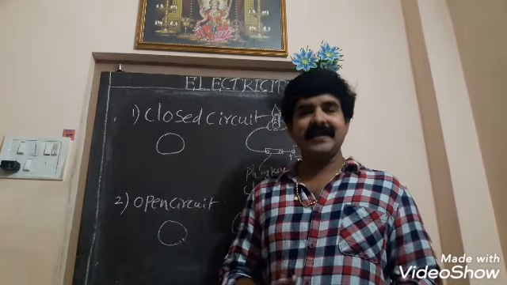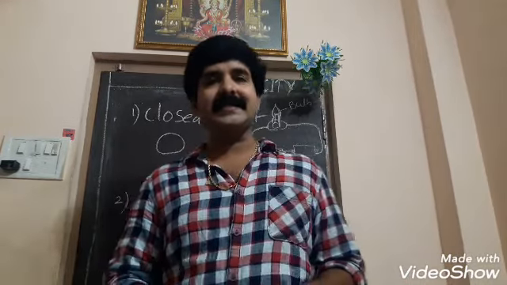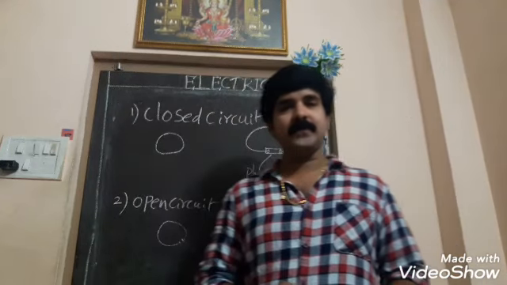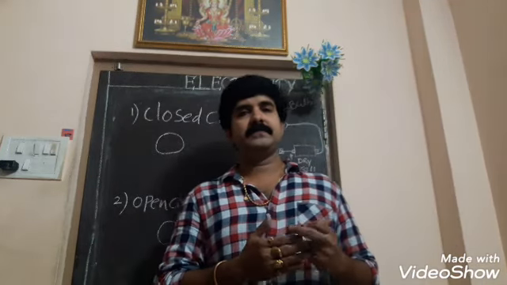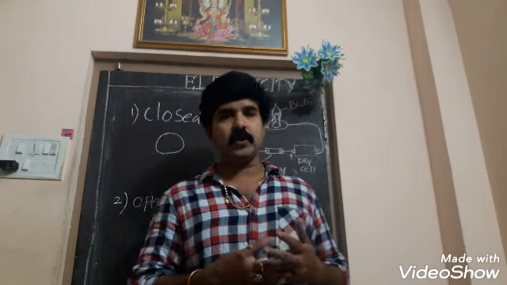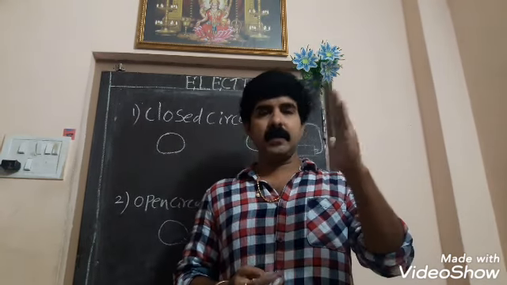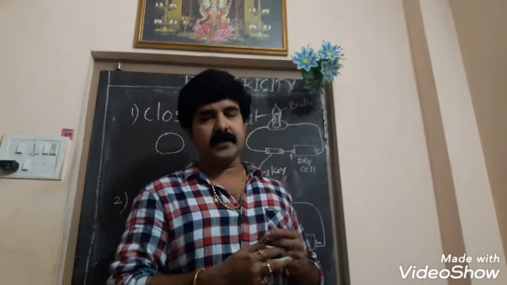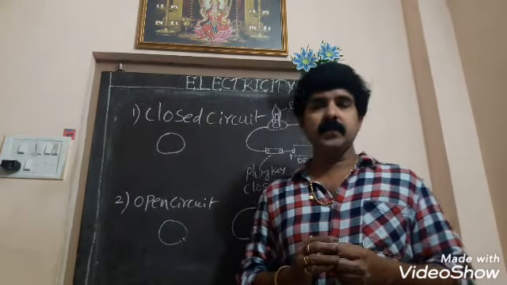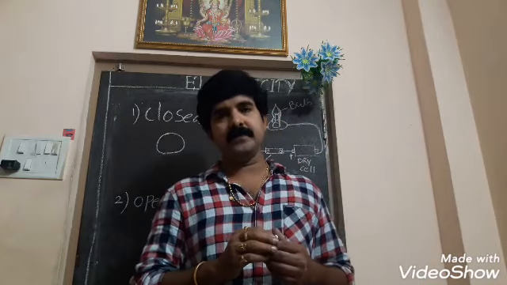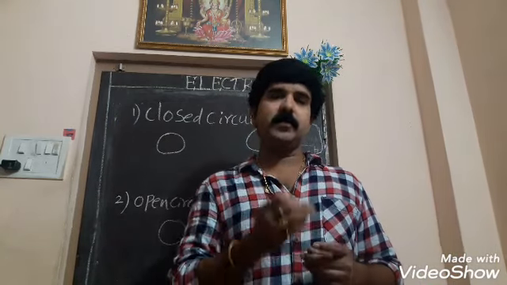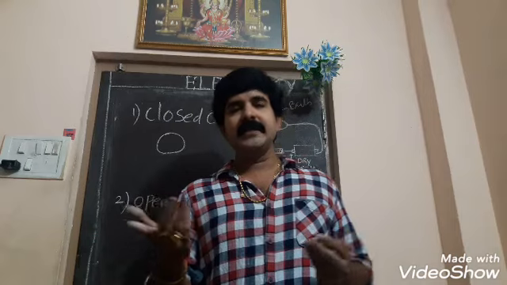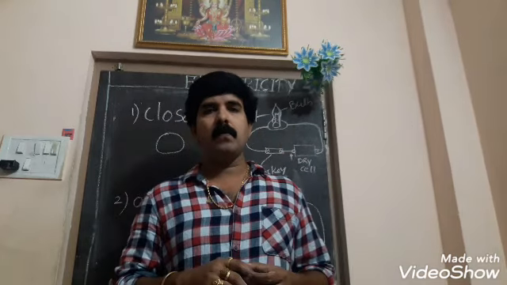Friends, in the last class we had a discussion on the problems of flow of current using the formula I is equal to Q by T. That is, we defined current and we made many problems in that particular concept using the relation I is equal to Q by T, where I stands for current, Q stands for charge, T duration of the current flow.